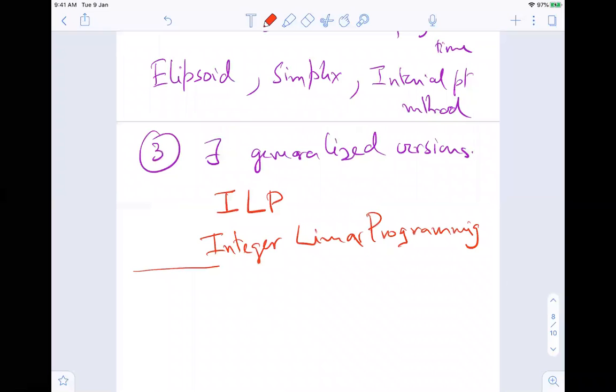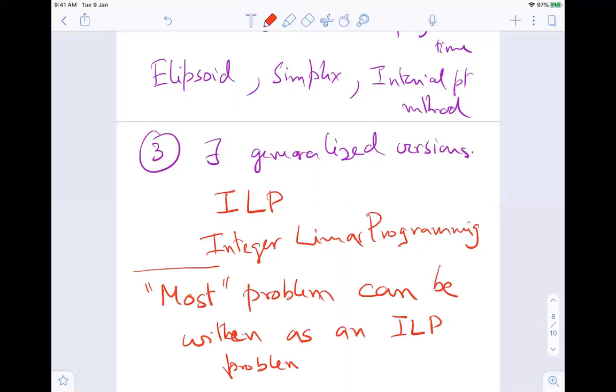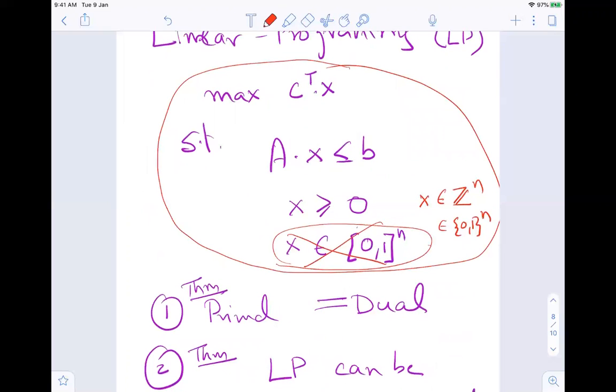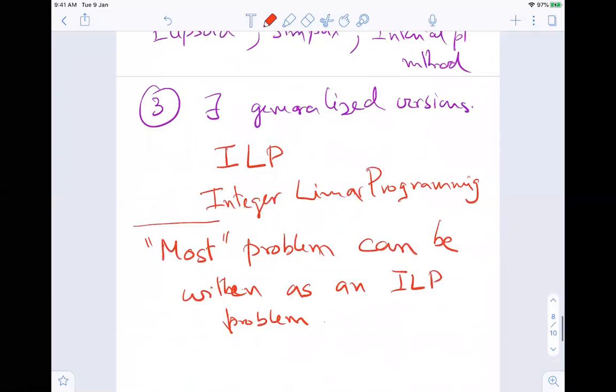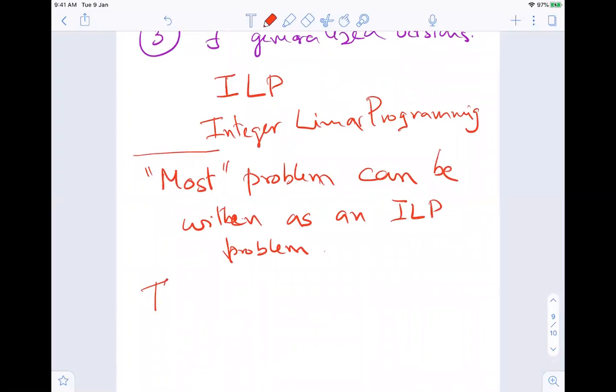So basically, I will say most problems, and I will define "most" very soon, can be written as an ILP problem. Some of them can be written as an LP problem also. But some of them can be written as an ILP problem and not as an LP problem, not that we know of. And the disadvantage of ILP is that there does not exist